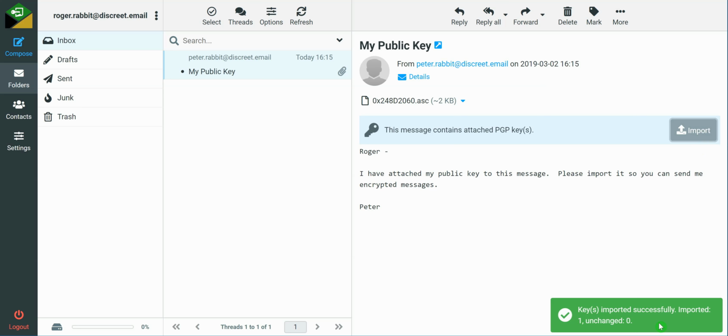So clicking import, in the bottom right hand corner, you can see that it was successfully imported without any changes and is now part of the system. As I mentioned, it's really that simple to import PGP keys, and it is the first step in sending an